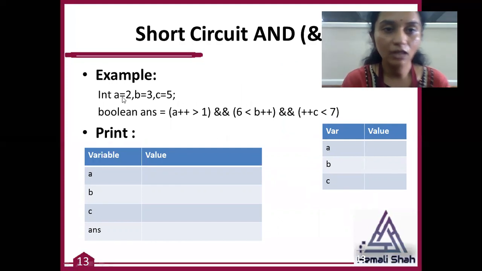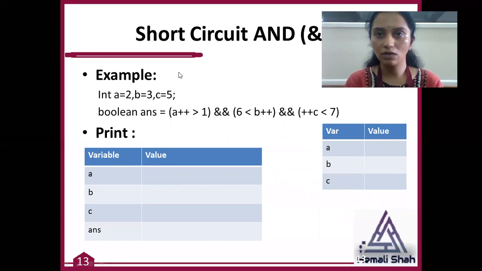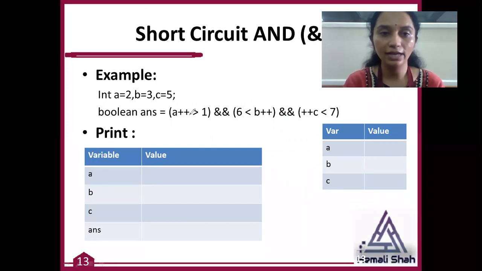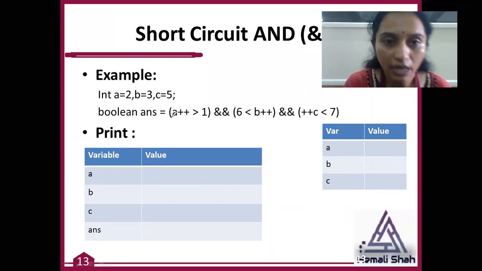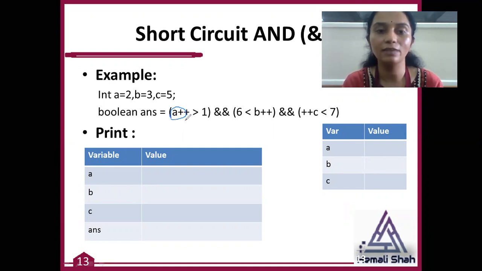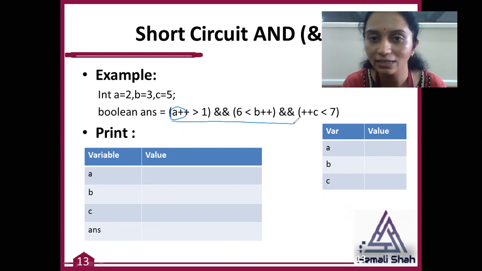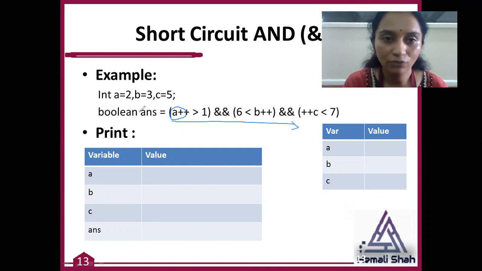Here I have taken A equals 2, B equals 3, C equals 5. Here is the Boolean expression. The answer of this expression will always become true or false. Here A plus plus means use A's value first, then increment it. First of all, it always works from left to right. A has value 2, 2 greater than 1. This is a true value.